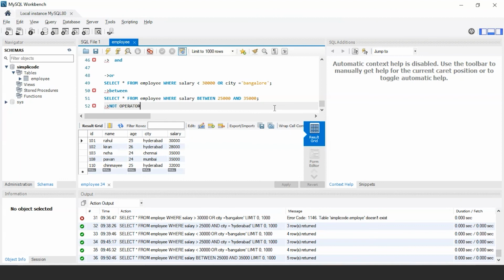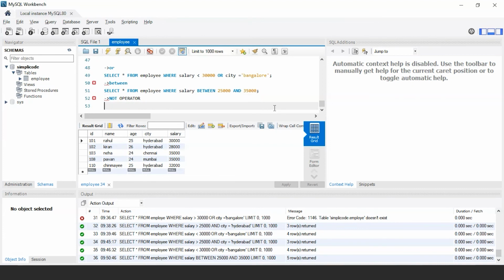The NOT operator in SQL shows the records from the table if the condition evaluates to be false. That means the NOT operator is also called a negation or negate operator, which shows data for the opposite of the conditions that we mention in the SQL statement. Let us understand this with the help of an example. Let's say you want to access the information of all those employees from the table who do not have a salary of 40,000. So for that, we'll write the syntax as select star